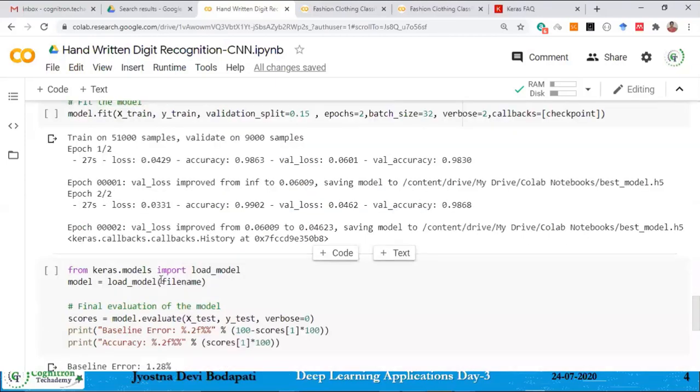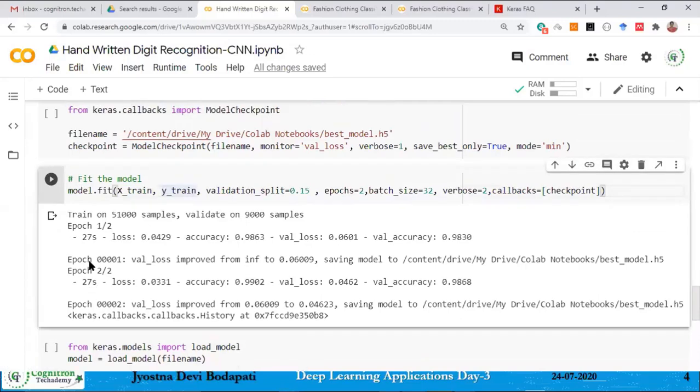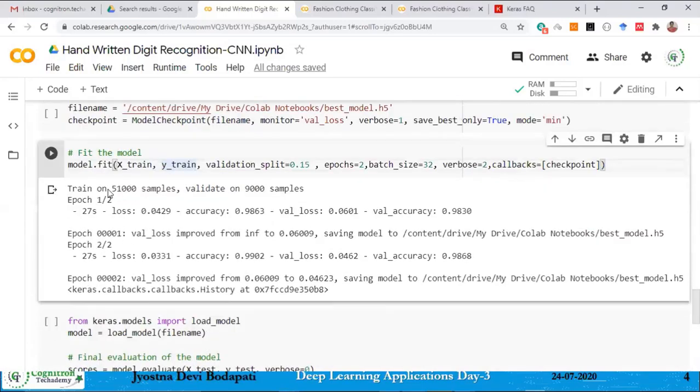Once you are done with that, then you need to apply. We'll come back to the checkpoint and all later, at some point of time. Once you understand this, then we will see how to apply the checkpoint and all. Then you need to fit. The model is ready, which means you need to apply the model on the train data, right? So you need to pass xtrain and ytrain and call the fit method.